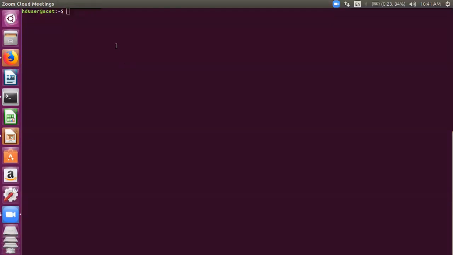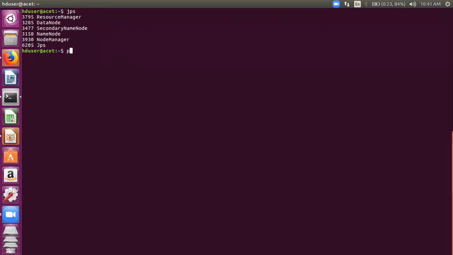Thank you very much. I've already started the services here. You can see all the distributed file system services as well as the yarn services are running. The resource manager and the node manager are the yarn services. The name node, secondary name node, and data node are the DFS services. They're all already running. So let's start with pig now.